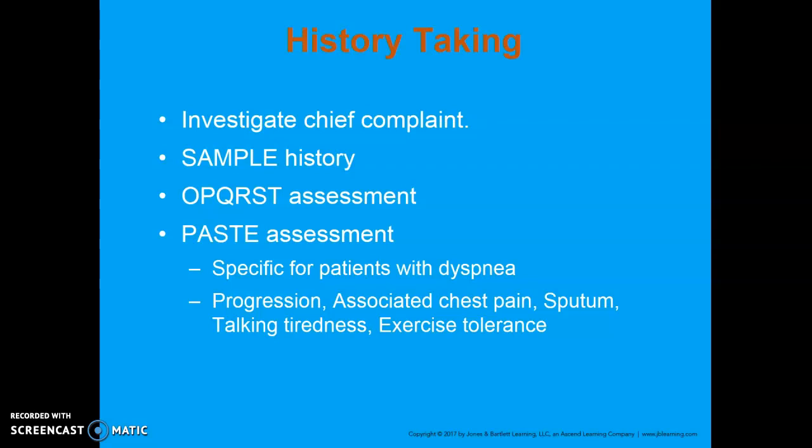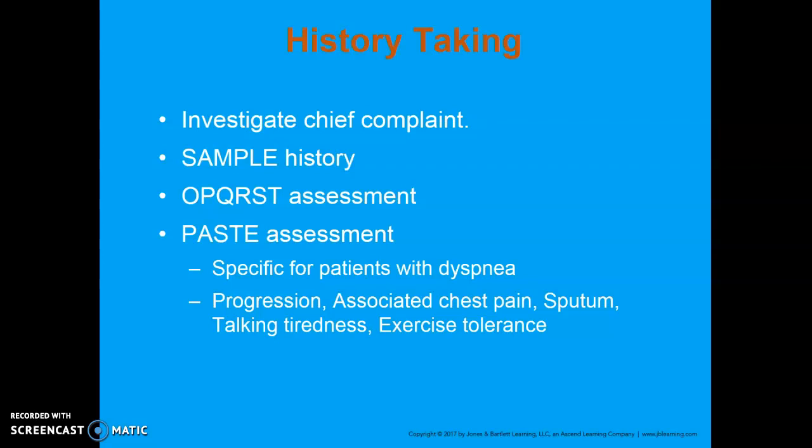Continuing on with Chapter 15, history taking. This is where you investigate that chief complaint. You want to report any pertinent negatives that the patient may have, things that you would expect to be there that truly aren't. You're going to find out what the patient has done for their current breathing problem, differentiate respiratory complaints from other clues and challenges, trying to determine the patient's baseline status on a normal day, which truly may not be normal